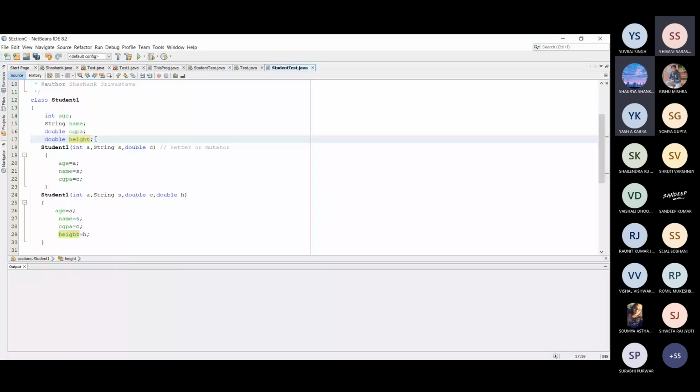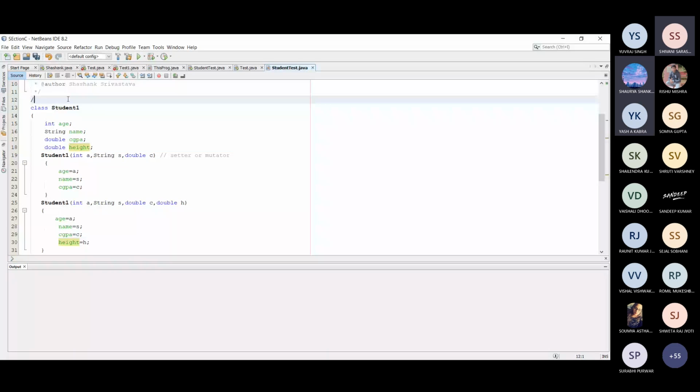Suppose this program is provided to you on 25th November 2021, and suppose you are a company employee, and for any reason you left the company.